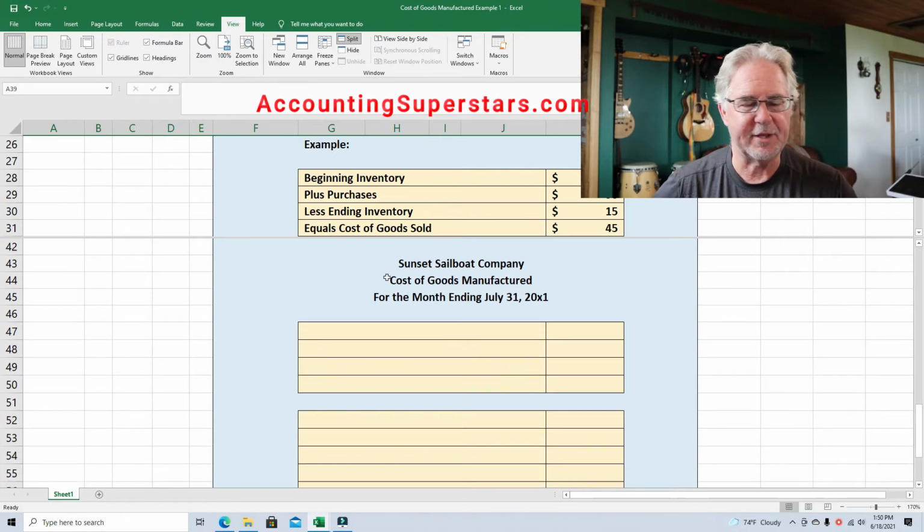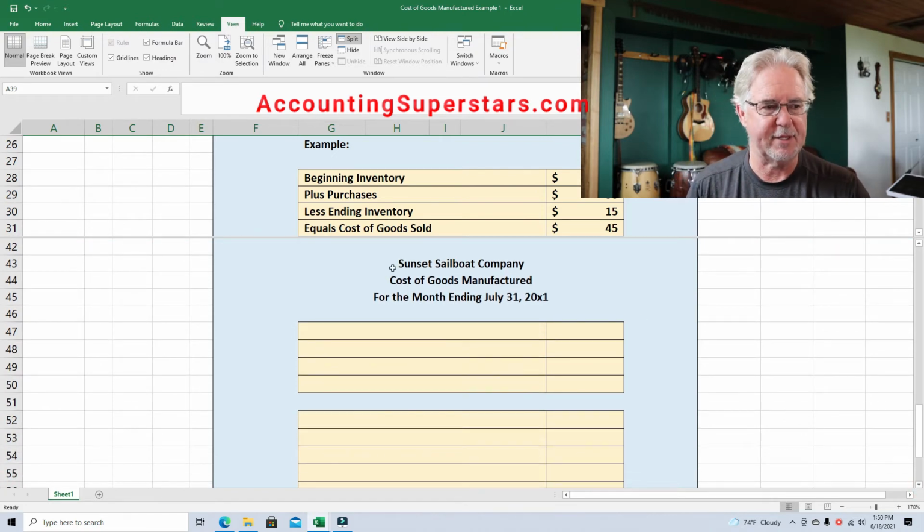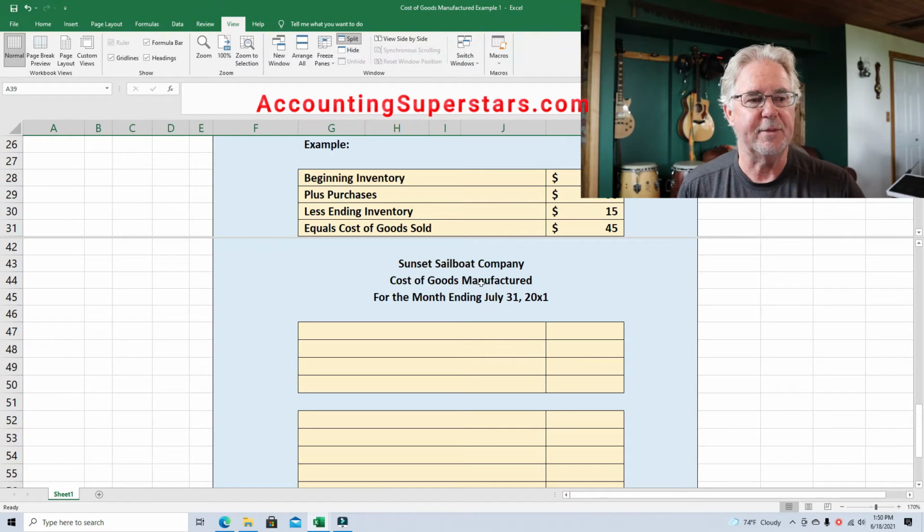All right, so here's how these statements are titled. You've got the name of the company, cost of goods manufactured for the month ending July 31st, 2001, whatever year it is. You need to have these three items because if you don't, it won't take long. You won't know what you're looking at. So especially the date, my goodness. Always have a date, and it's for the month